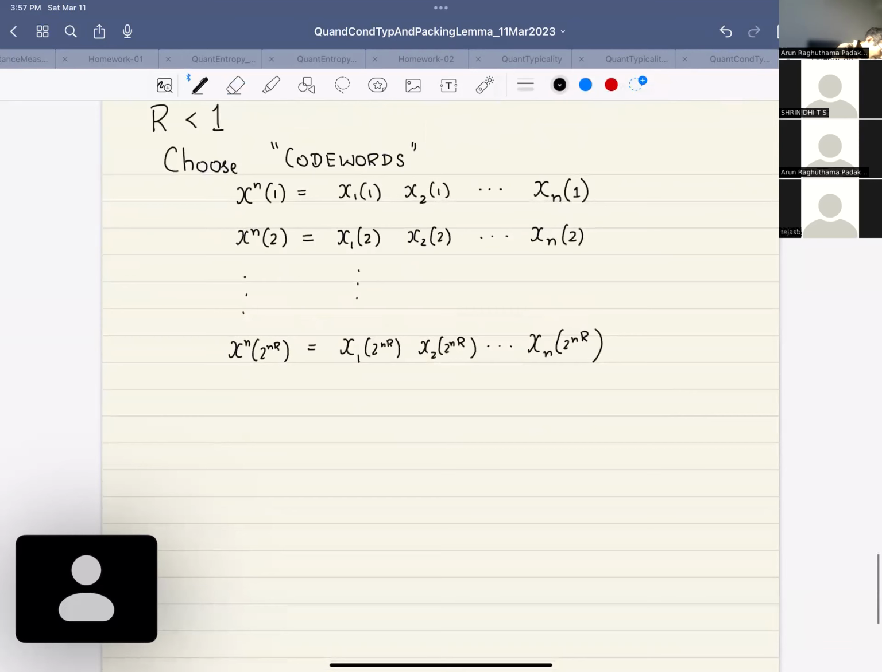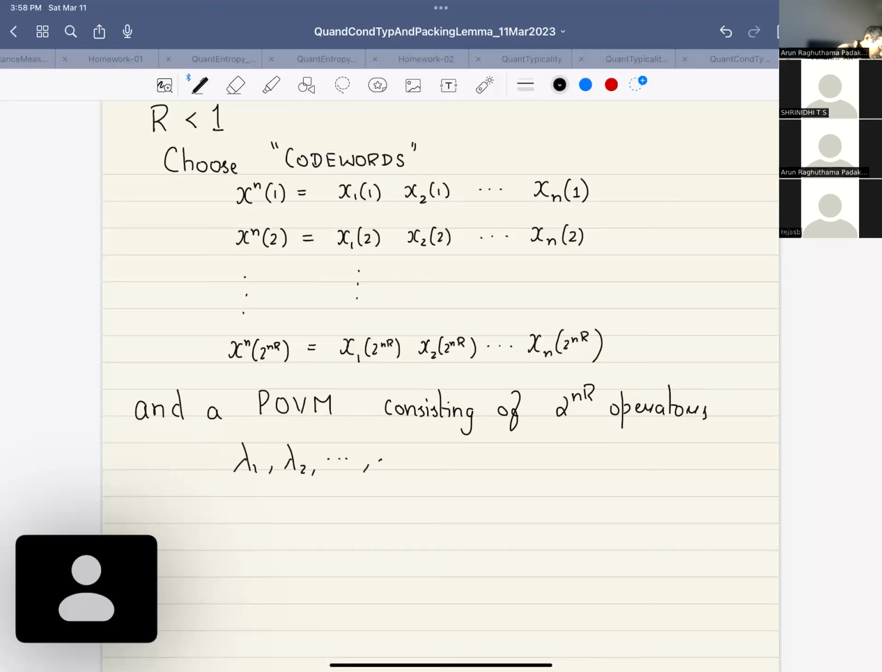I have to find this, and a collection of measurements, not necessarily projective. So a POVM consisting of 2 power nr operators, lambda 1, lambda 2, to lambda 2 power nr, that sum to identity, such that,